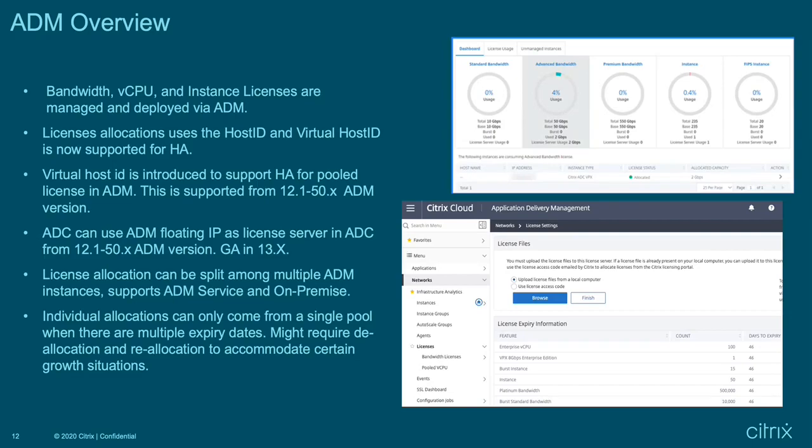This is where it changes, because normally when you allocate licensing, the host ID would have been the physical ADC. But when you go to ADM, ADM has its own host ID, and this is where you allocate the licenses. So the bandwidth and instance licenses now get allocated to the host ID of ADM. So you would allocate your licenses now to ADM service. You would download those licenses, install them into ADM, and then presumably any ADC could draw upon them regardless of